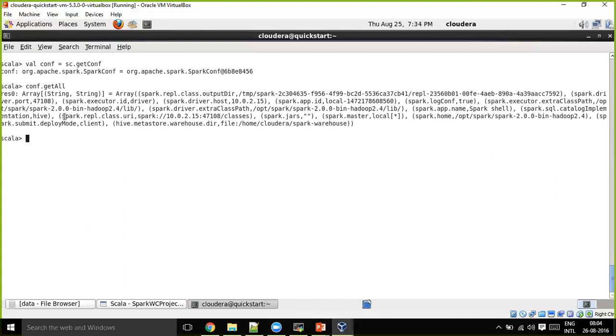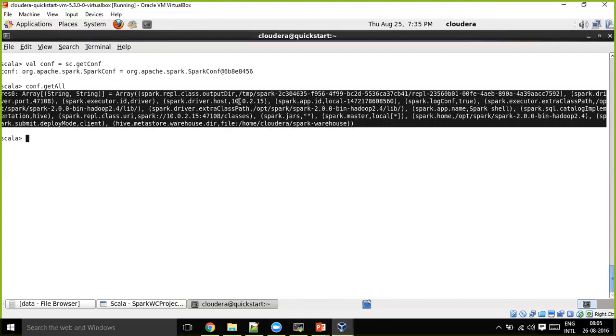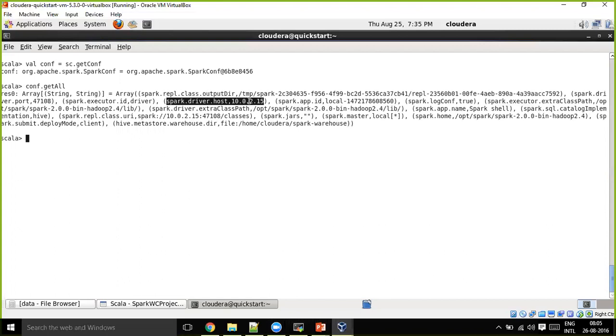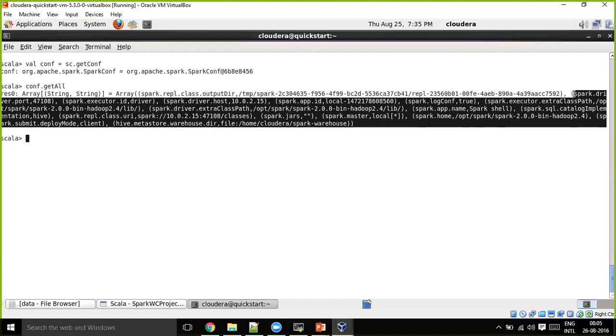You might not understand all of these things at this moment, but at least this is how it works. The Spark application name is given as spark-shell for the shell, and spark.logConf, this is just now I set it as true before entering into the shell, right? And where is your Spark driver running? This is the host name and the IP address for that. So these are the properties that were set up on my SparkConf.